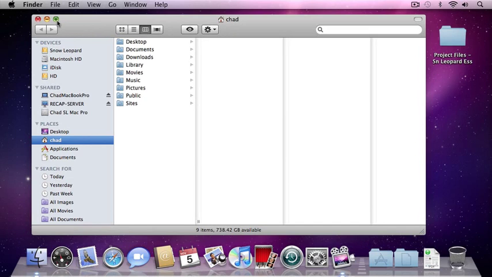Finally, one trick you can use to view your current folder structure is to hold down the Command key on your keyboard and click on the title of the window at the top of the Finder window. So if I click on that, you can see the current path to the file that I'm looking at. And that's all there is to using